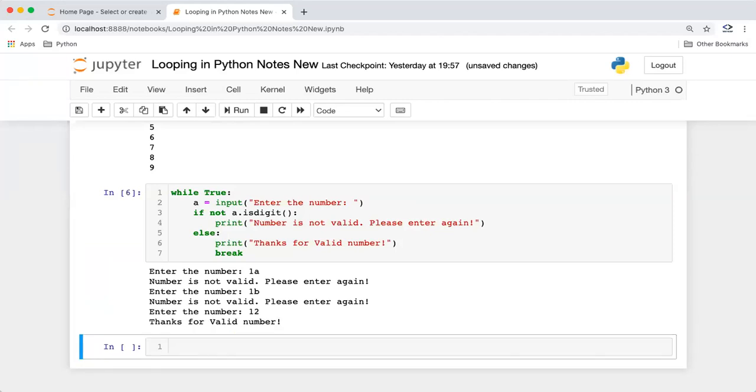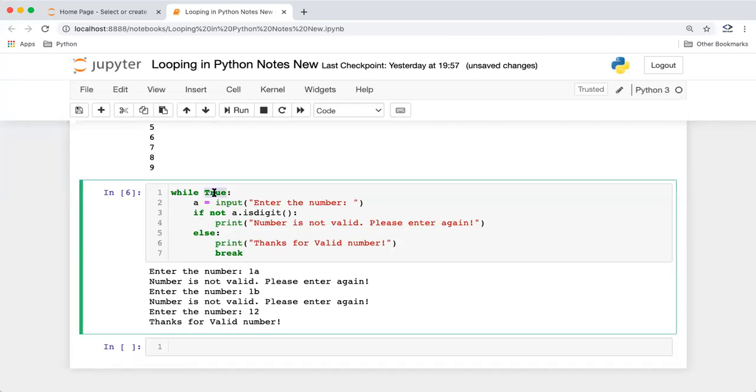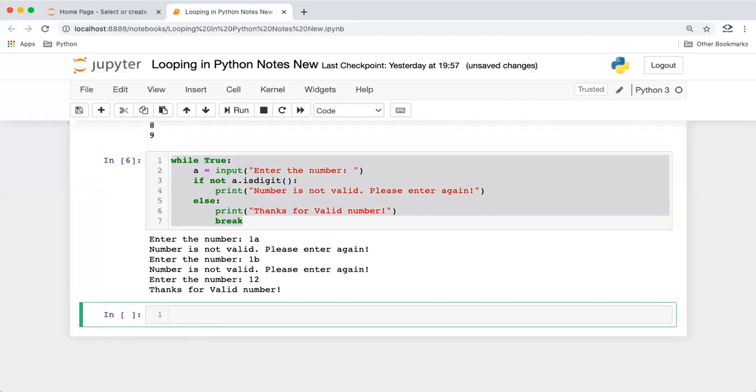So you can see the difference here. Even though we have used while True, in a loop you should always know what your terminate condition is. Here we know that once a valid number comes in, we will terminate the loop. Or there can be conditions where we ask the user, do you want to continue. I'll show you one small example for this.